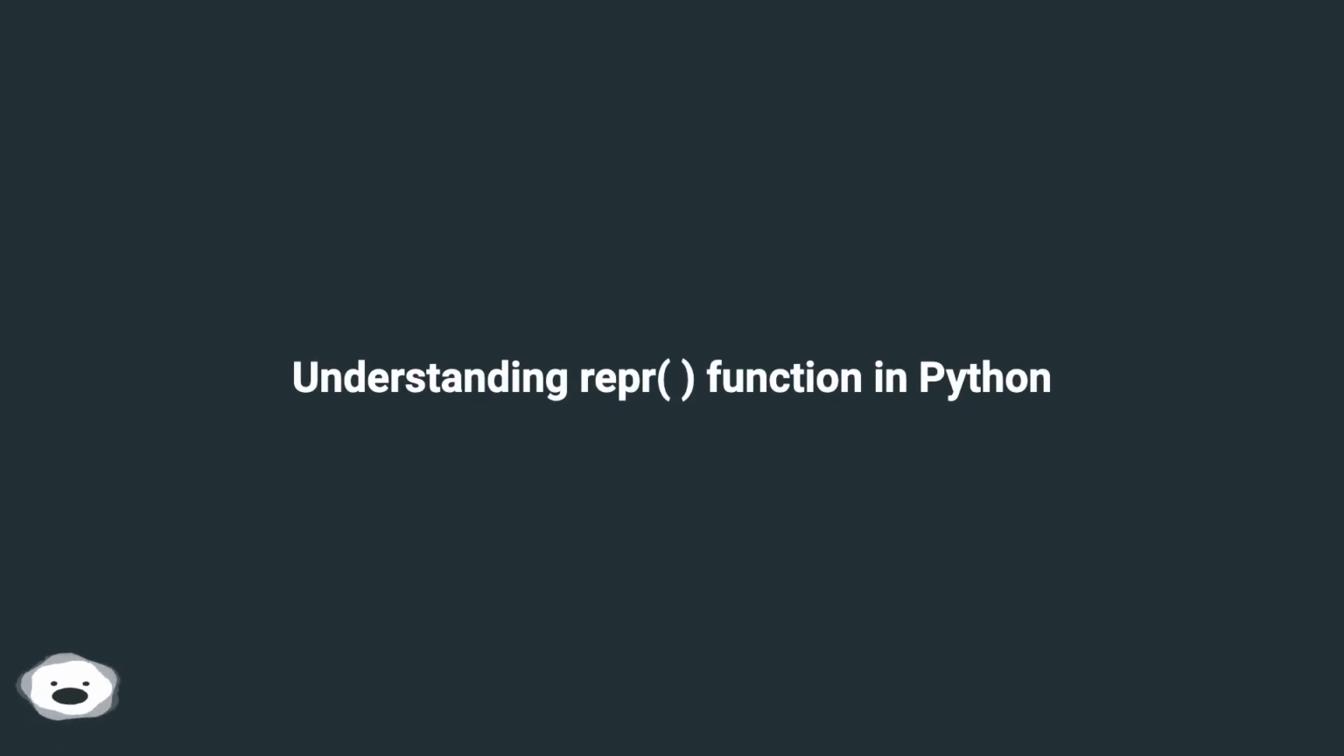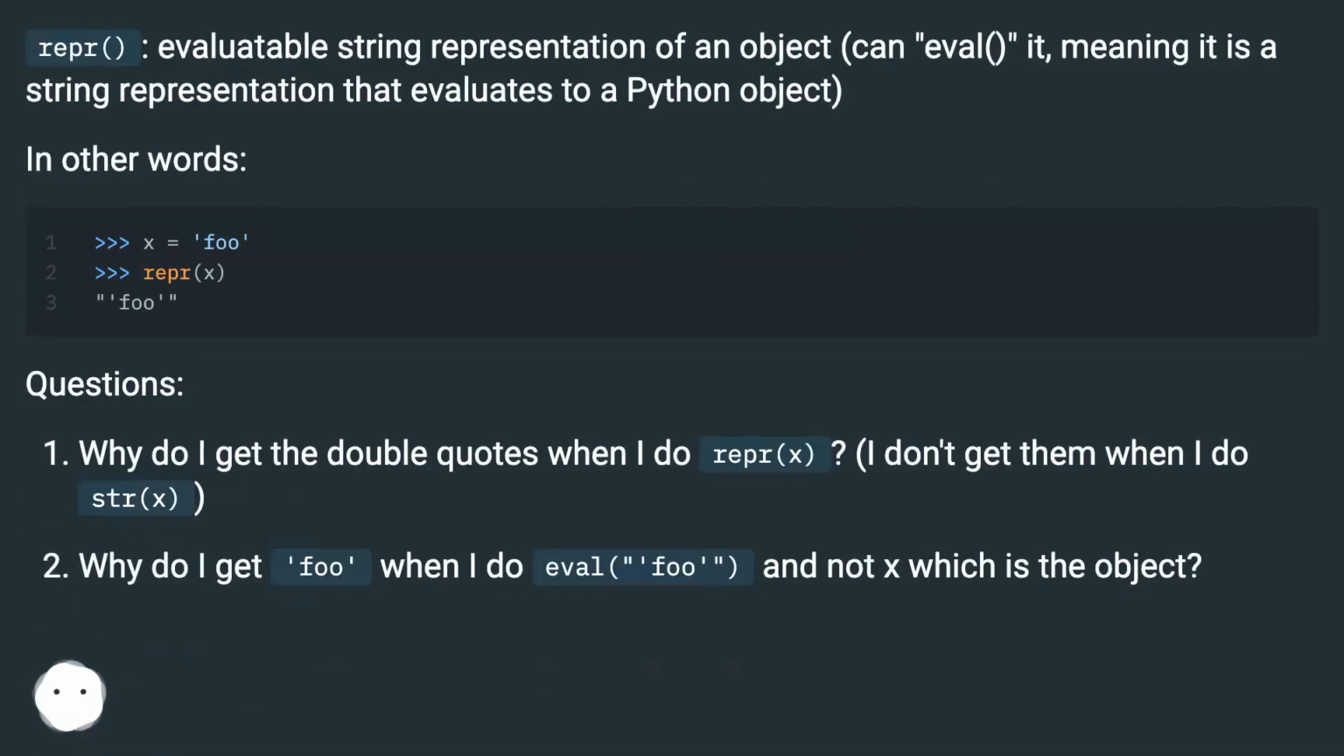Understanding the repr function in Python. Repr gives an evaluatable string representation of an object, meaning it is a string representation that evaluates to a Python object. In other words,